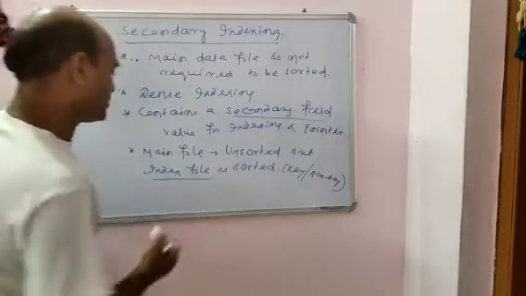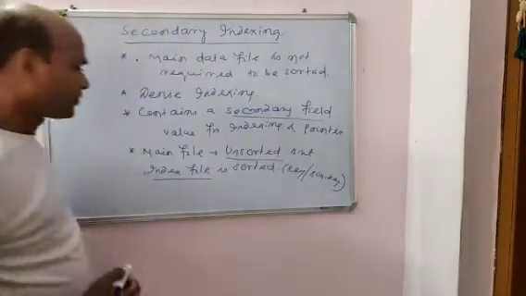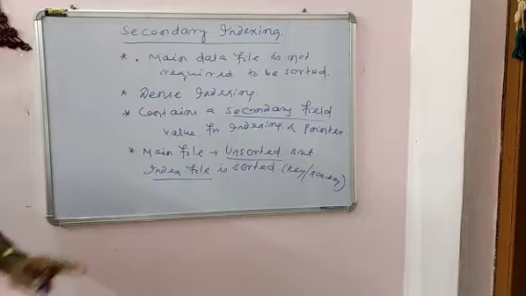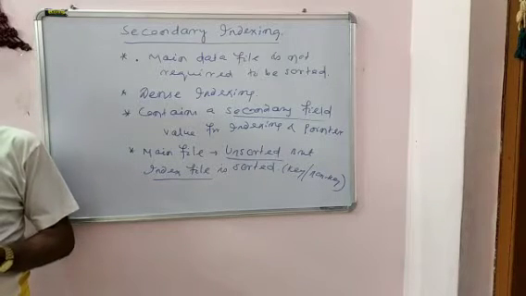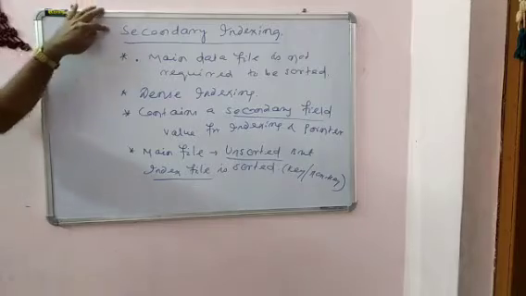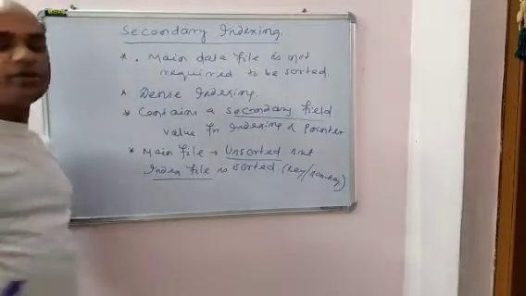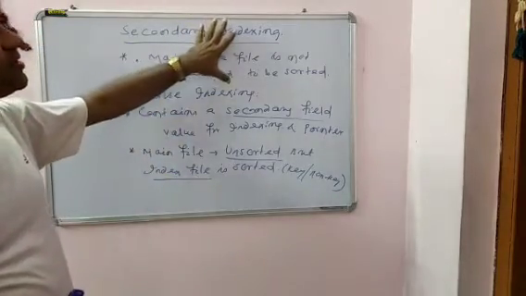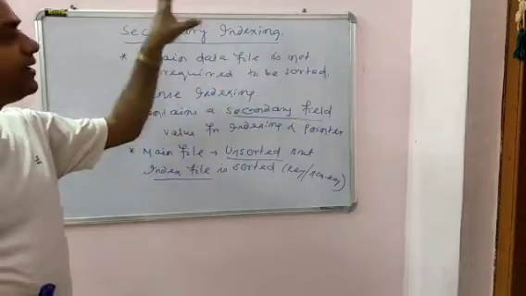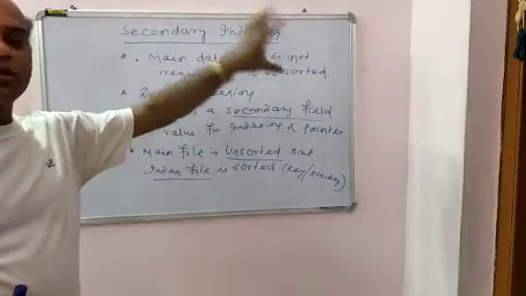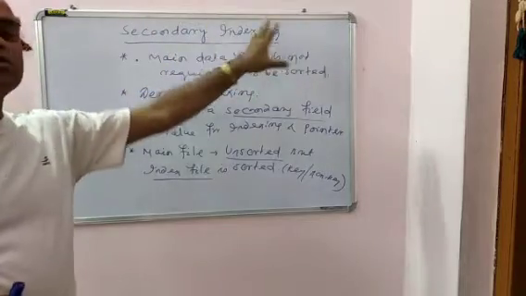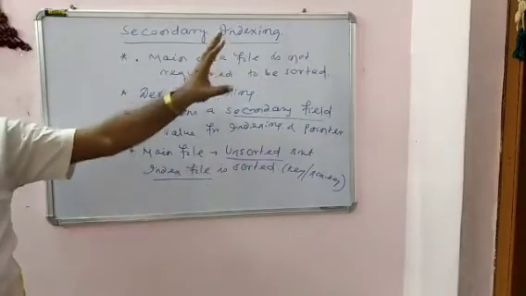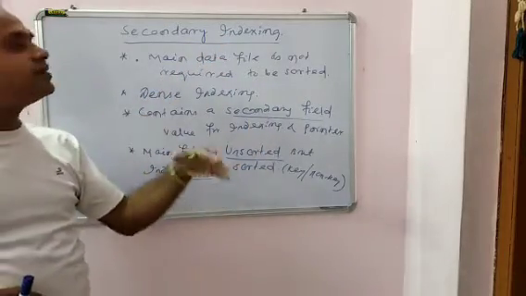The index file is required to be sorted, but the main file is unsorted. We are using an additional index mechanism, that is the secondary indexing. Why is this called secondary? Because normally one indexing is already created, because we have already stored records in the main file in a specific order. So it is already indexed, and according to our requirement, we may need secondary indexing.